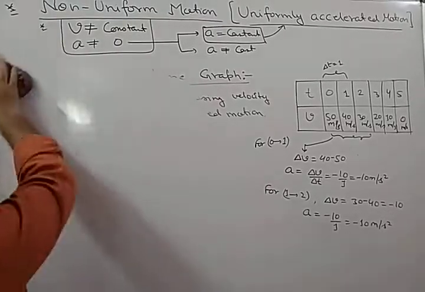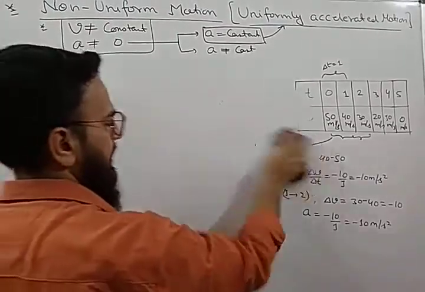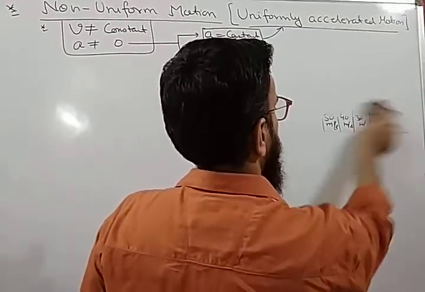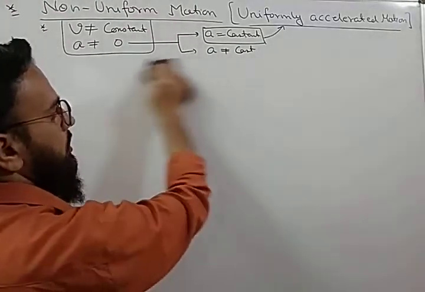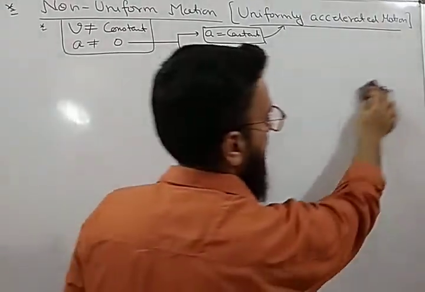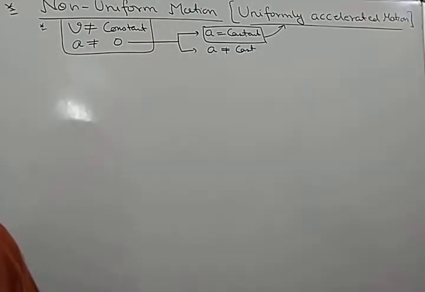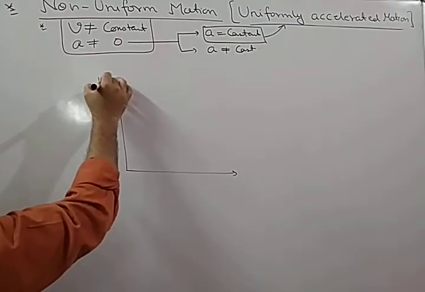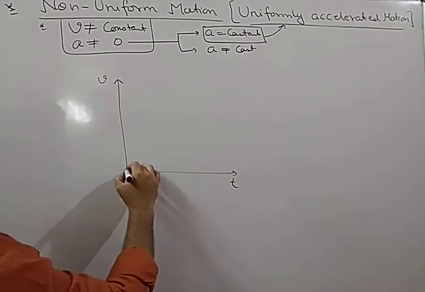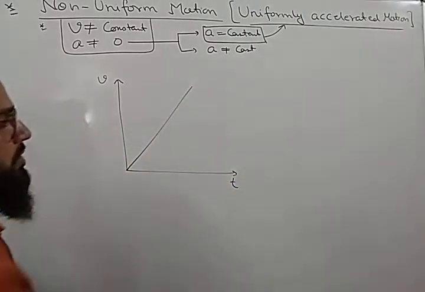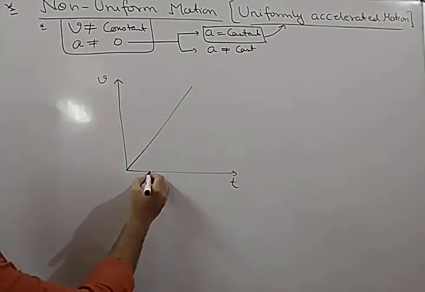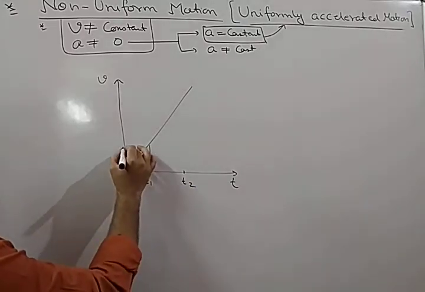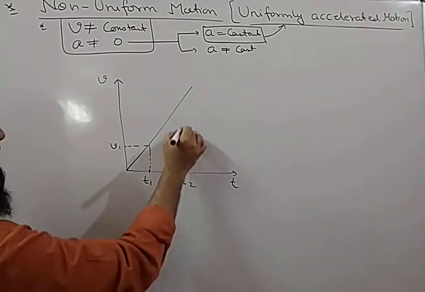Now one important thing which is remaining in the velocity time graph itself. Like we have discussed, the slope of the displacement time graph gives us velocity, and the area of the velocity time graph gives us displacement. Now if you draw a velocity time graph for increasing velocity, let us consider this is time instant t1, this is time instant t2. This is the velocity v1, and at t2 the velocity is v2.